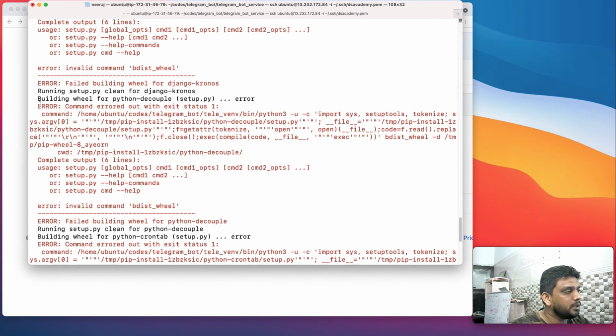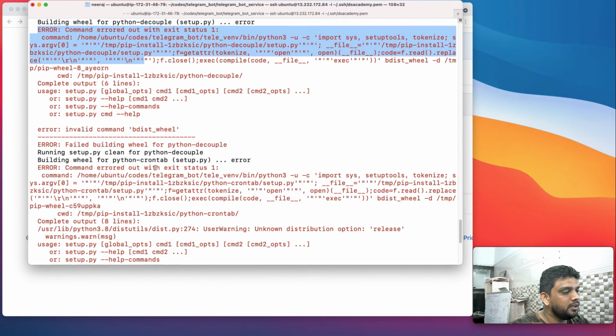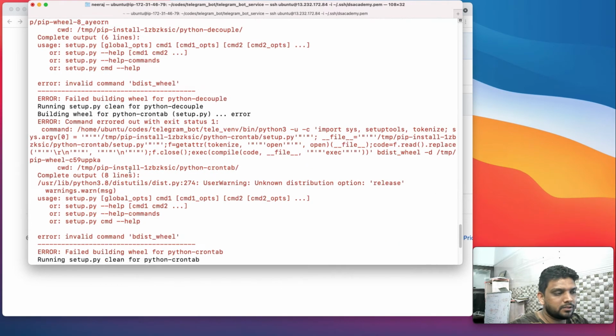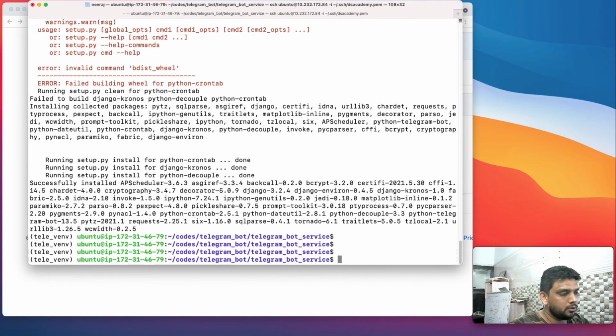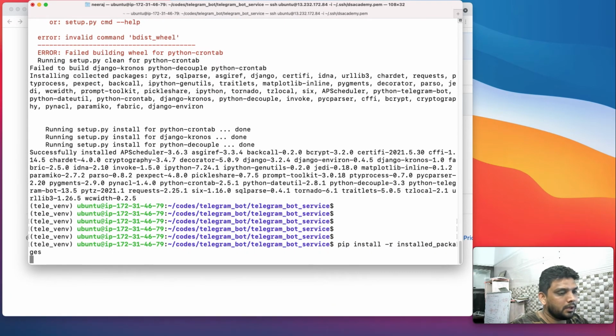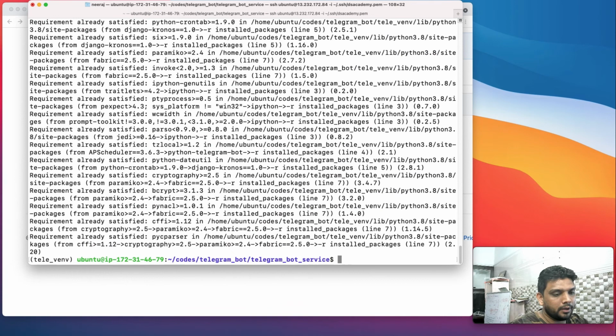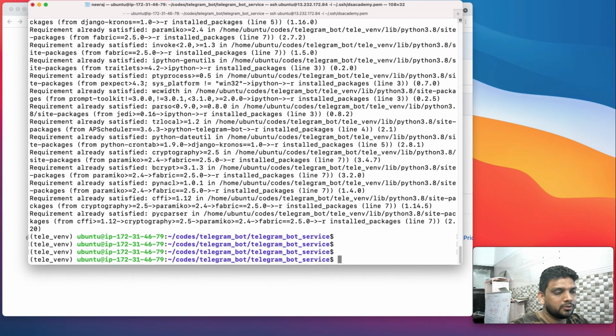You might see sometimes this sort of error where wheel is unable to build. Let's not worry about those things. If you just run it again, it will not give you any error. That means all the installation has gone through.